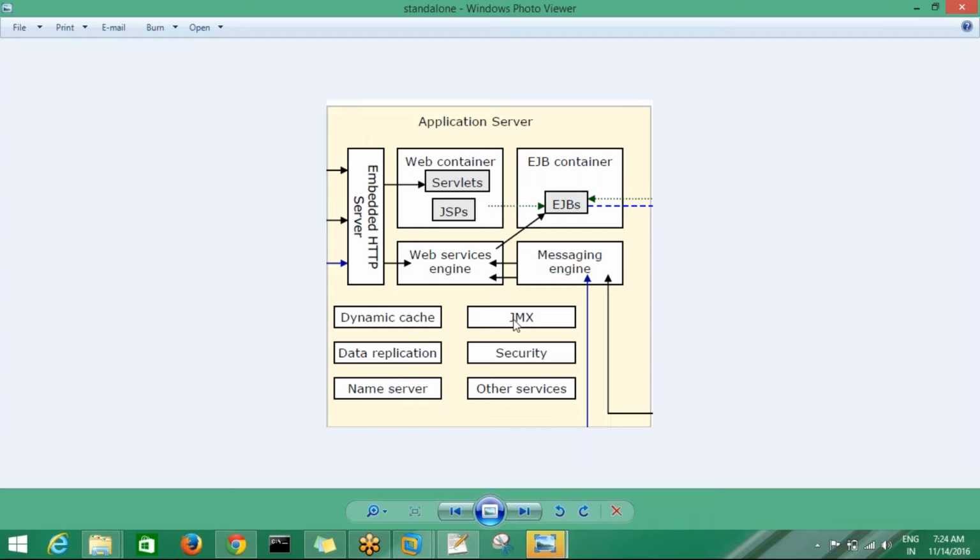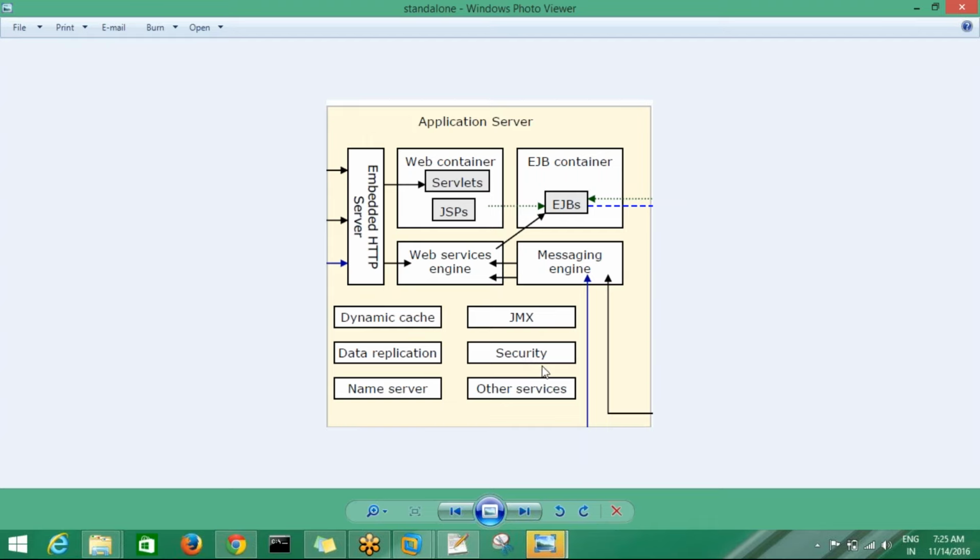Okay, and JMX, Java Management Extensions. So this provides, if you make any changes at the server level, suppose you deploy the application, or you configure JDBC, or you do some modifications at the server level, at that time JMX will be invoked. Okay, so JMX is very important. JMX has objects, so whenever you make any changes at the server level, the objects will be updated. So for that we use JMX. That JMX is also deployed in the server itself.